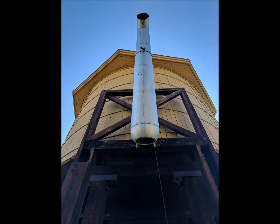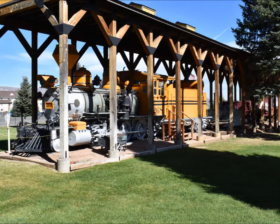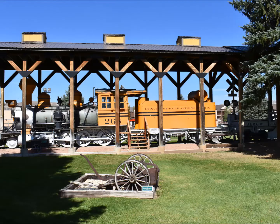So it's definitely worth a stop. There's a covered train display for engine 260A to C16. 16 is 16,000 tractive pounds of effort. It's also got a flanger behind it, a gondola, boxcar, double-decker, stock car, and caboose. The engine is painted in bumblebee orange, and you can see it was dolled up for the